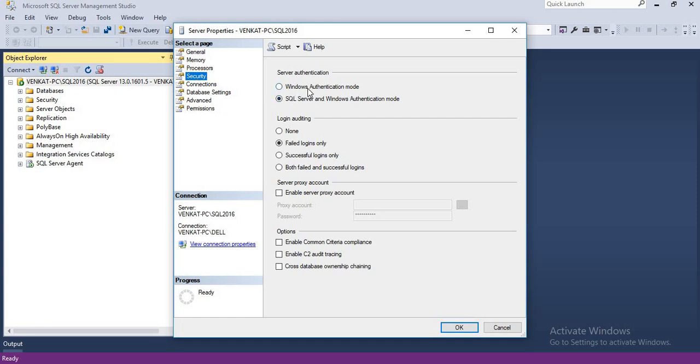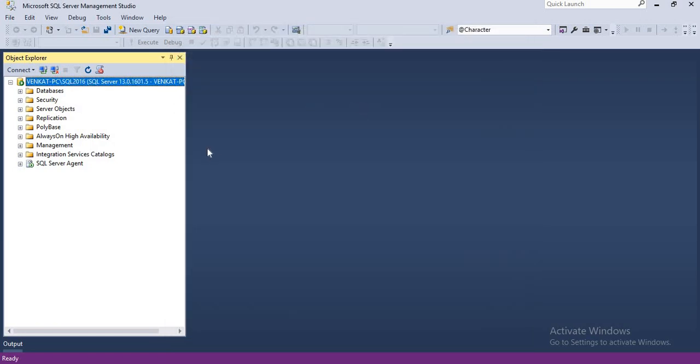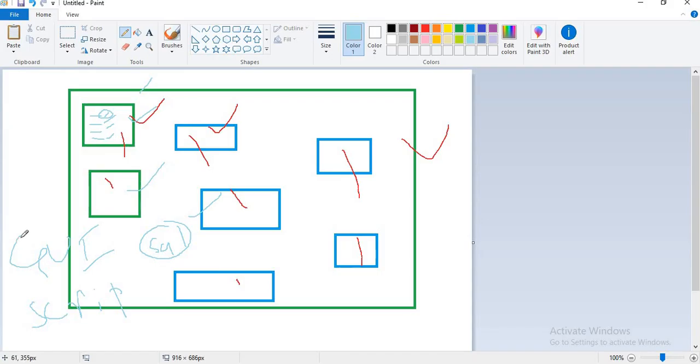There are two authentication modes here: Windows authentication mode, as well as SQL Server and Windows authentication mode. I installed my SQL Server by using mixed authentication mode. Mixed means SQL Server and Windows authentication. So now I can do my example with a SQL user as well as a Windows user. I am going to show you using a SQL user. As I mentioned, first I am going to show you the SQL Server Management Studio graphical user interface, and second I'll show you scripts.